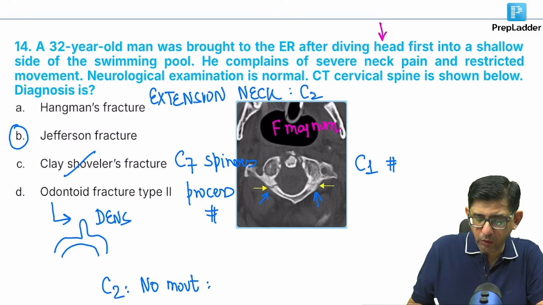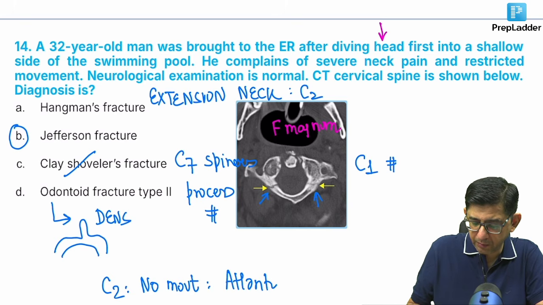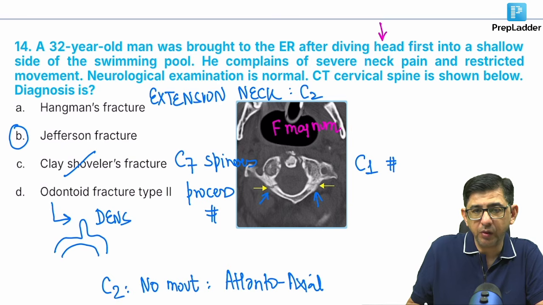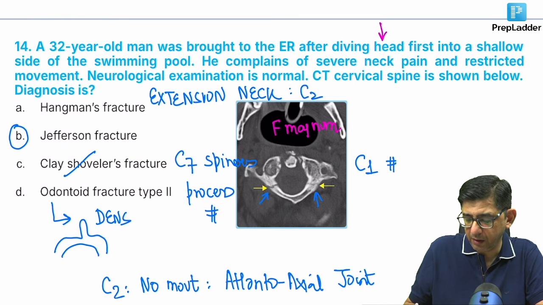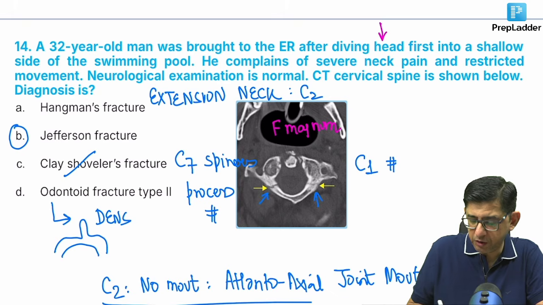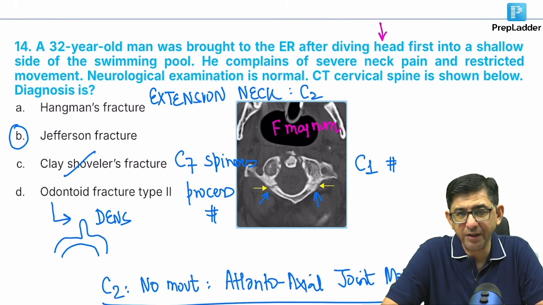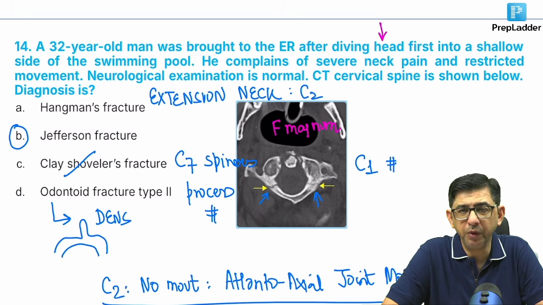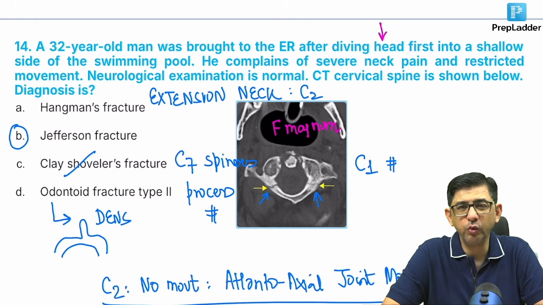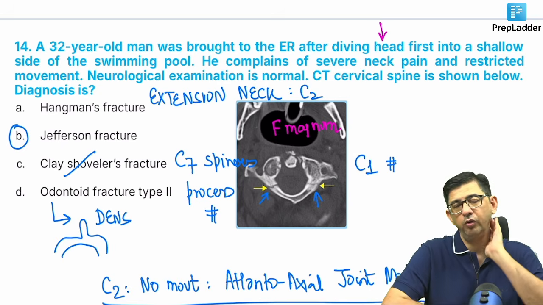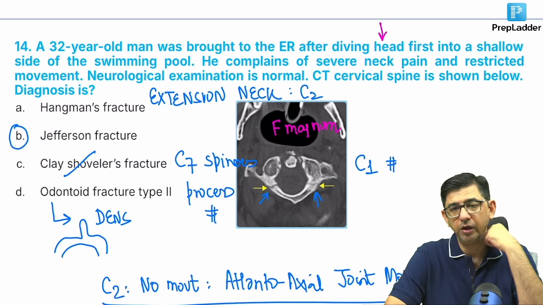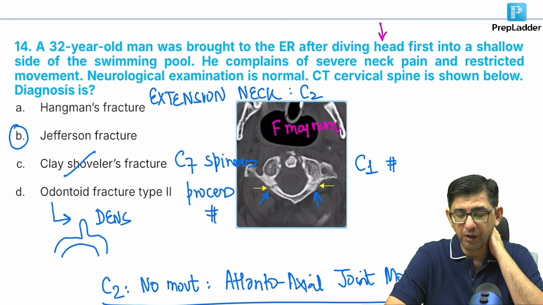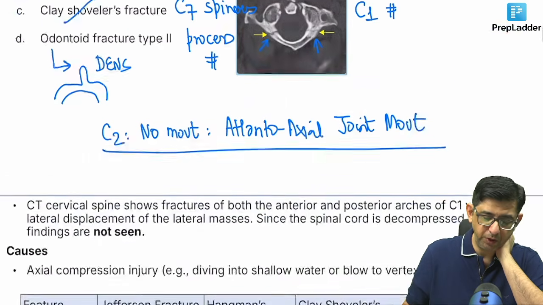That is atlantoaxial. You see, atlanto is the first, axial is the second. So the atlantoaxial joint movement helps us in saying no, and that dens is the part which helps in that movement. That rotatory movement is at the level of the dens or the odontoid process. So the answer to question number 14 is option B. Even if you do not see the X-ray, you can still solve the question because of the history given. The patient is diving in shallow water, so the head hits directly the concrete floor, and that can put direct pressure on the C1 vertebra, and the vertebral arches will burst. So the answer to 14 is option B.